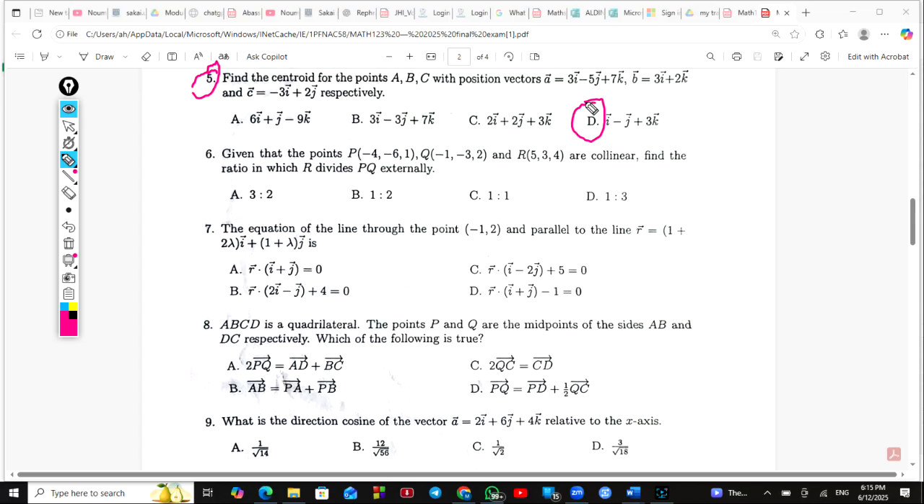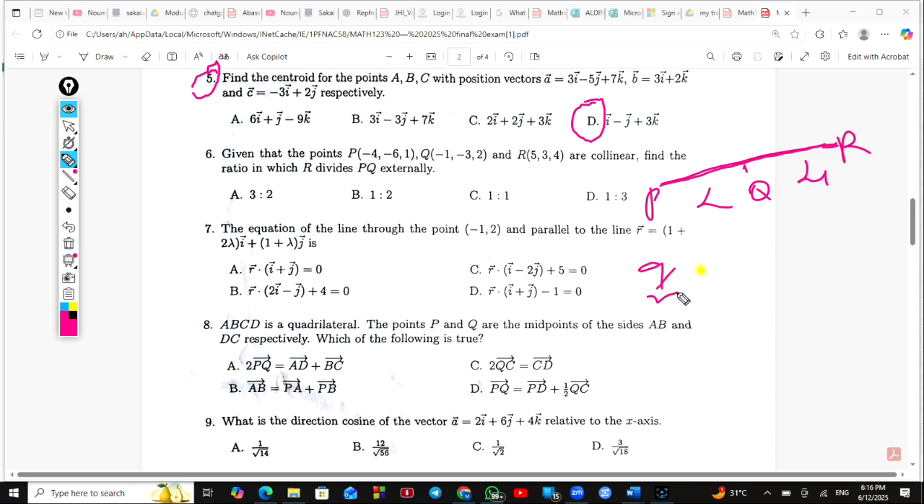from question 6. Given that the points P, Q and R are collinear, so they are on the same line, find the ratio in which R divides PQ externally. So R divides PQ externally. We all know that Q is dividing PR internally, right? So if this was lambda and mu,